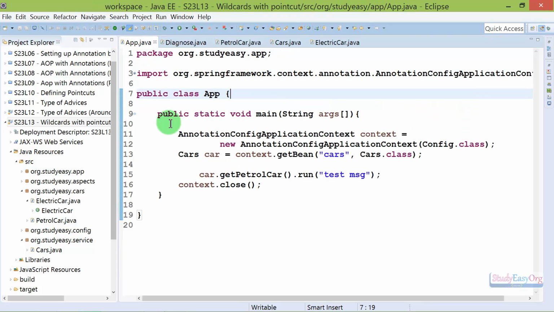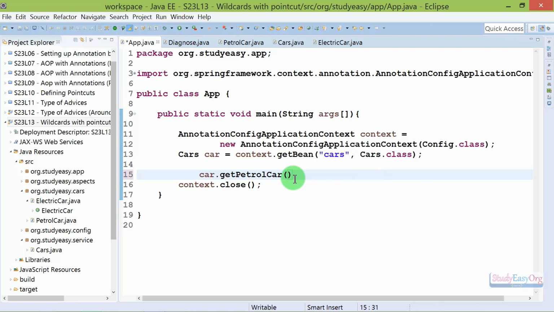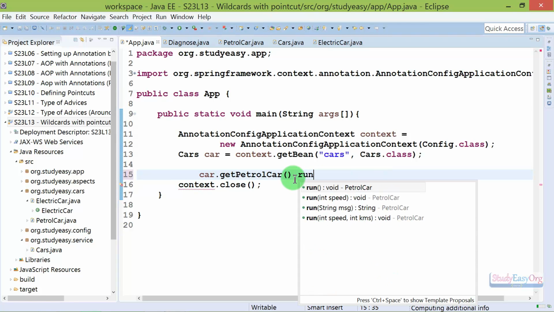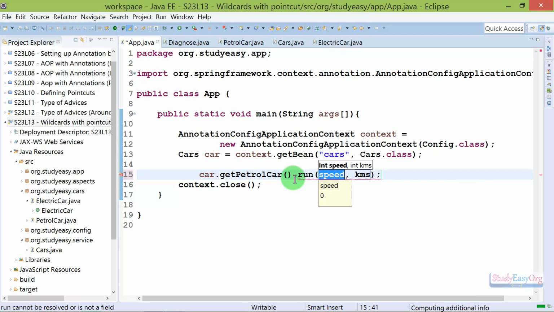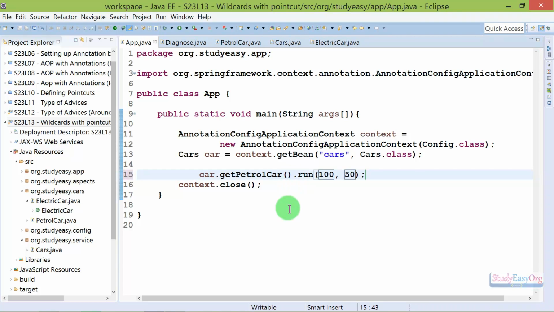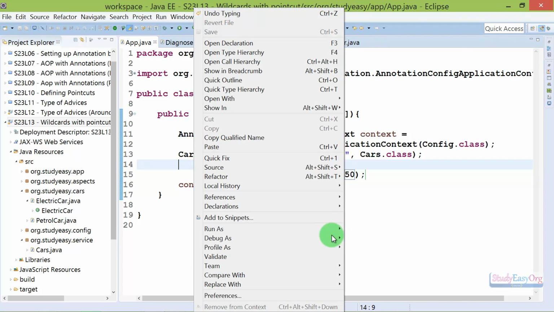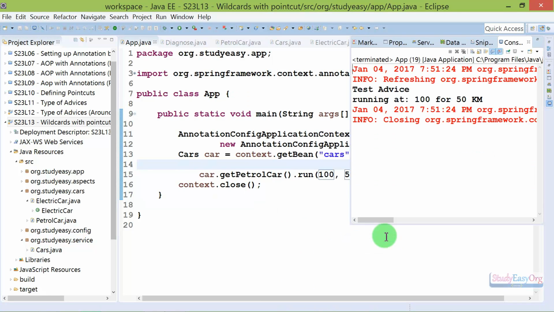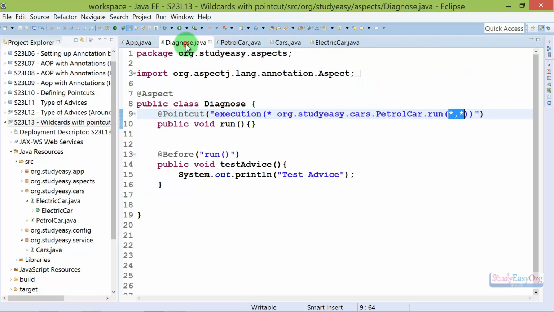So we will navigate to this App.java. We will get rid of this run call, and we will call the run method. We will pass in multiple values, and the values could be like 150 again. And finally let us run this particular app once again. Here we go. So this is working perfectly, and we can definitely mix and match these wildcard characters